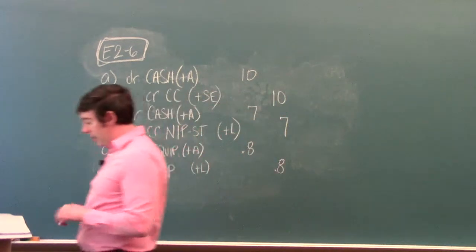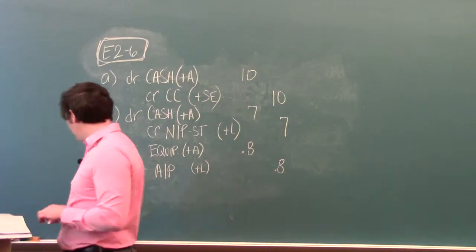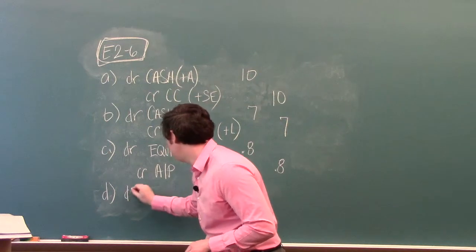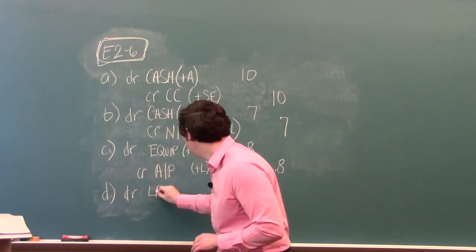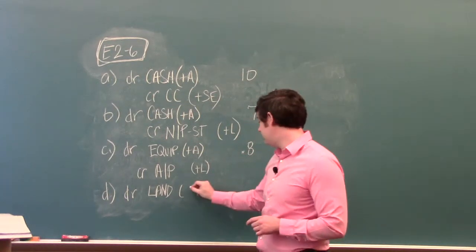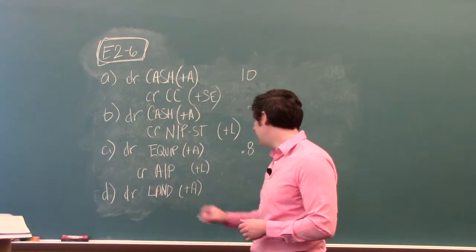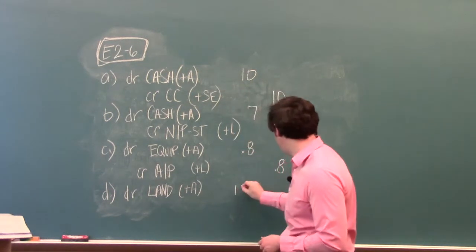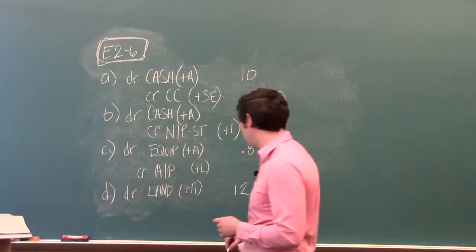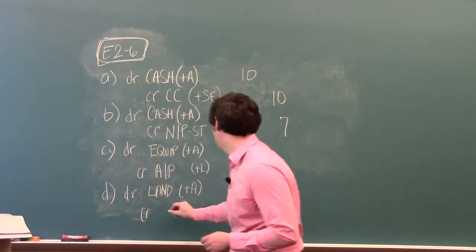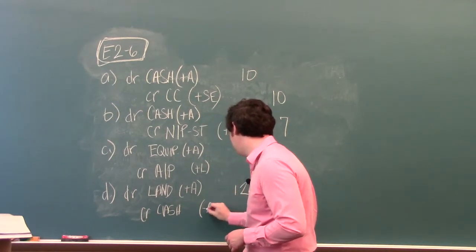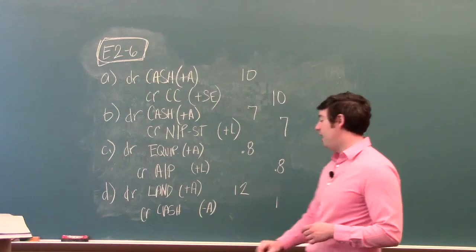All right, next one on D, it says we purchased land for $12,000, so for D, we have a debit to land, and we're going to run out of room here. Land is an asset. And more specifically, it's a non-current asset, but we're just going to write asset for now. Okay, and we do that for a total of $12,000. That's how much the total is. But we pay $1,000 cash and sign a long-term note. So we'll credit cash, which is also an asset, but this time we're minusing our asset here, 1,000, and then we'll credit